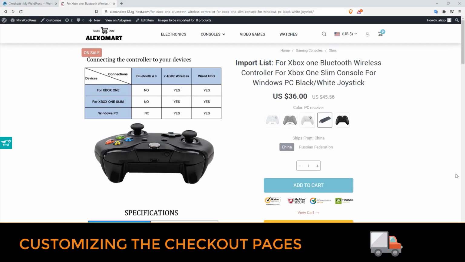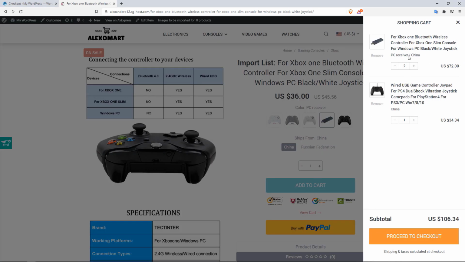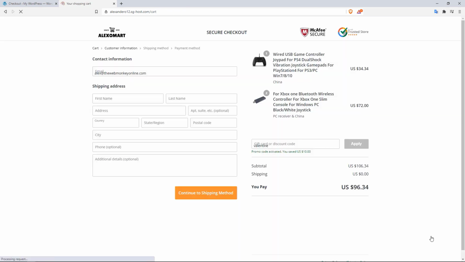Next up, let's take a look at how we can customize the checkout experience for our customers. And of course, this is very, very important because you want to make it as easy as possible for your customers to add items to their cart and then check out easily. So by default, let's see what the experience is like. Let's say that right now I've added this item to my cart. You can see we do have the two products in our shopping cart, and then we have a proceed to checkout button. We click in there,